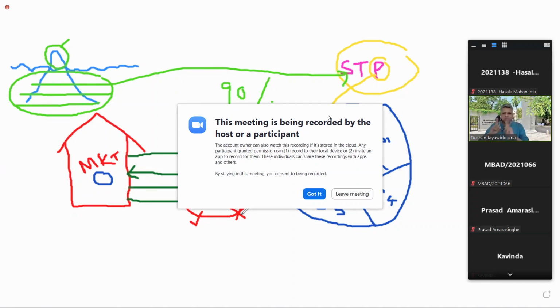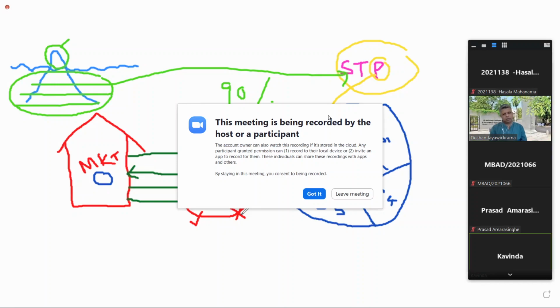So therefore, it's not the promotion that defines marketing. It is the other marketing strategies or other elements of the marketing process that define what marketing really is. I'm just trying to bring it all together so that you can understand where we are and what we need to go ahead with. Is this clear? Any questions? Any examples? Any doubts you have? You can ask questions.